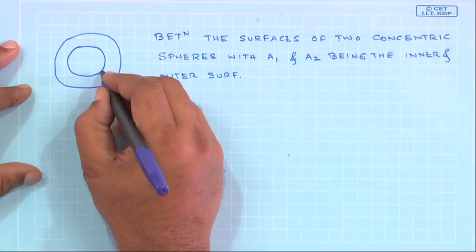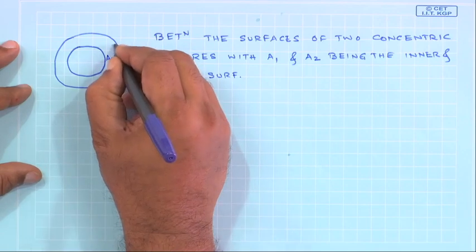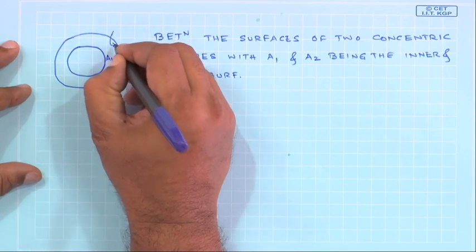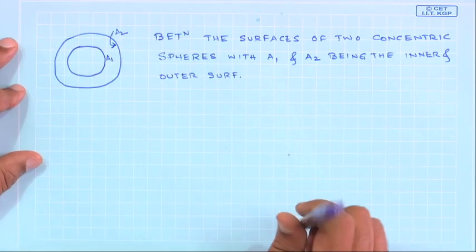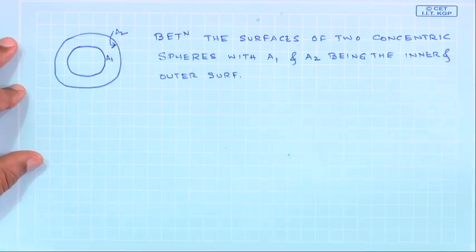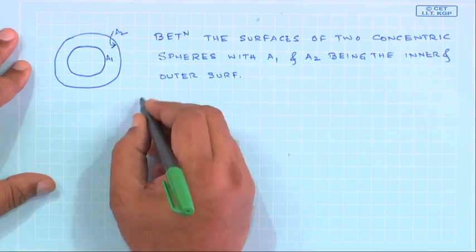So, this is A1 and this surface is A2. Okay. So, obviously, what we can see from here is that for constant